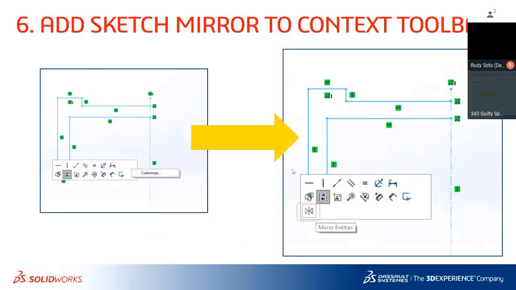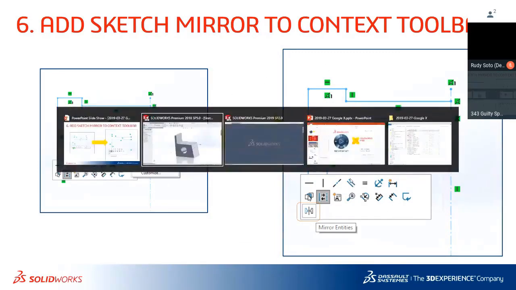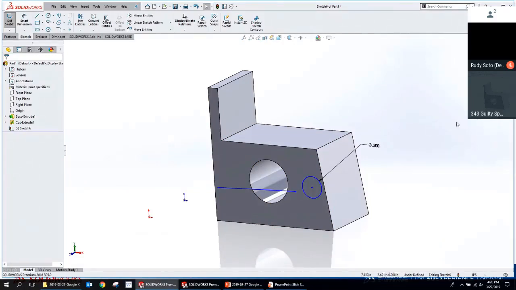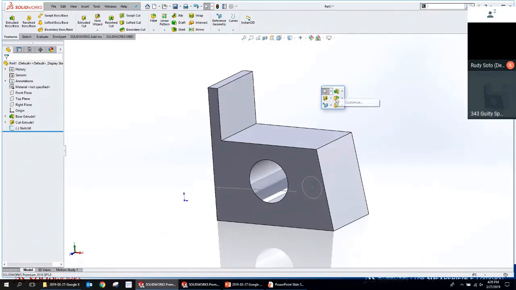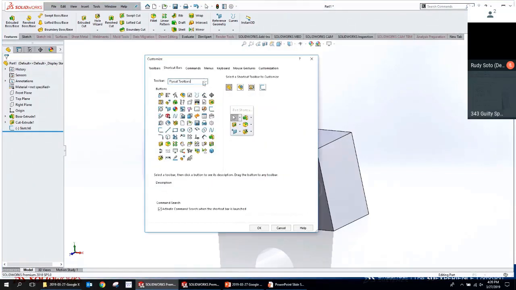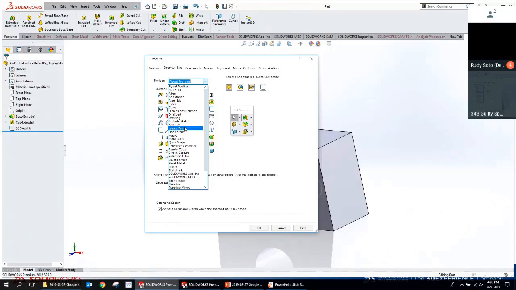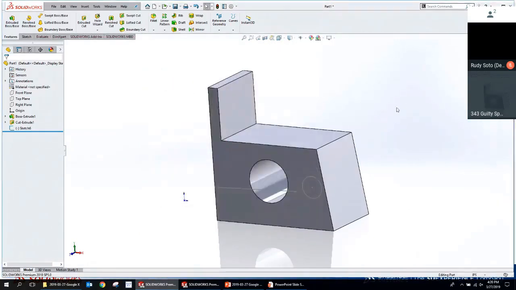So a couple other things you can do here are things like modifying this context bar. These are just real good things you should know about. For example, the S key is just a parking spot for commands that you're using a lot on that particular project. For example, if I'm doing a lot of sheet metal design in SolidWorks, I might go here to my menu for the S key and go to customize and then add some sheet metal commands to here just for that project. And then when I'm done, maybe I'll take them off. It's really easy to customize both adding and removing commands, and that can make your projects go a lot faster.